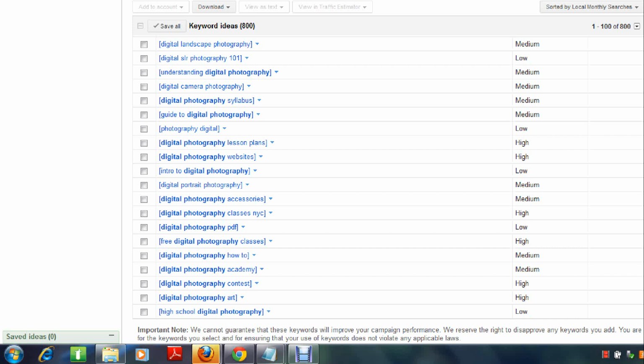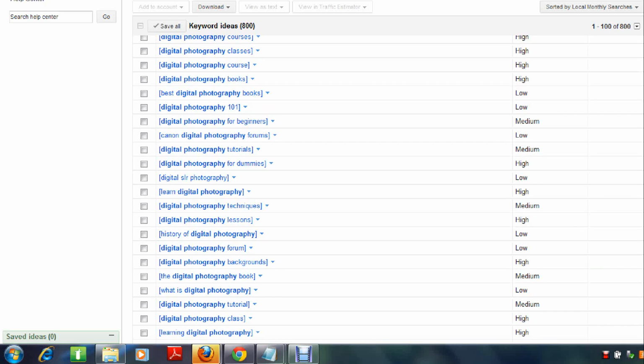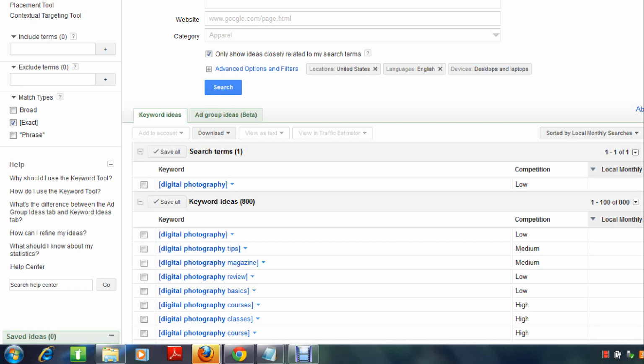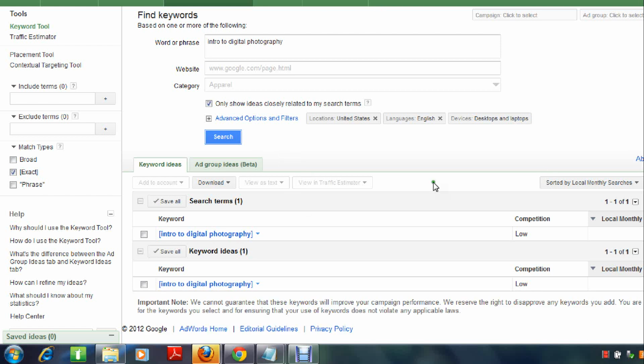So here's something else. Let's look at intro to digital photography. We're going to pop this in the search box here and see what the tool returns us. Okay, so here the Google AdWords tool is basically saying there are no keyword ideas we can give you for this keyword. So you could actually just take this keyword by itself